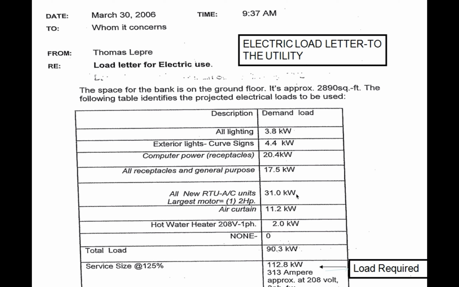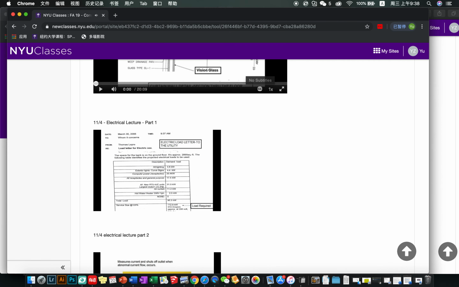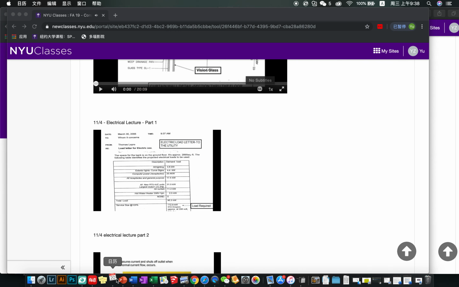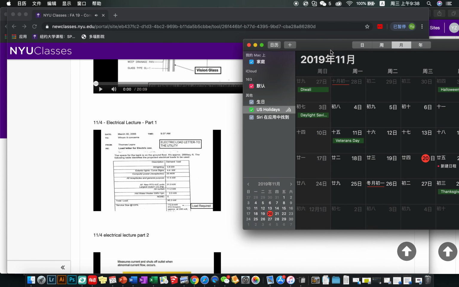So they have the computer power ones. They have the general purpose ones. They have motors that they're accounting for in there for air conditioning. They've got the hot water heater linked to electrical, so it's an electrical hot water heater. And they put all those demands together and they come up with the total load. And then, similar to a factor of safety, when you're developing your service size,